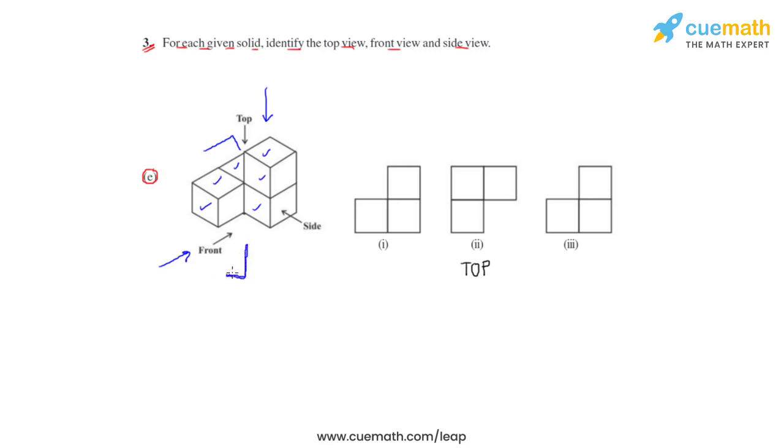So based on this observation, we can say that the first or the third, any of these two would be the front view of this solid. Similarly, if we again see this particular solid from the side end, or this side, we'll again see that these are the three boxes which will be visible, and it will again give us an inverted L, which will hence prove that the third figure would be the side view of the solid.